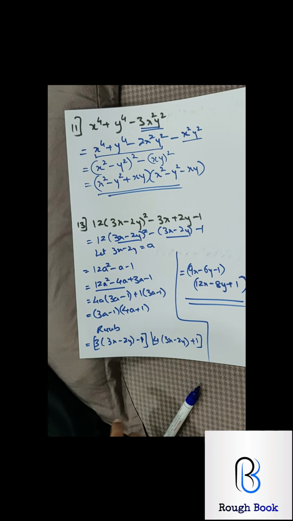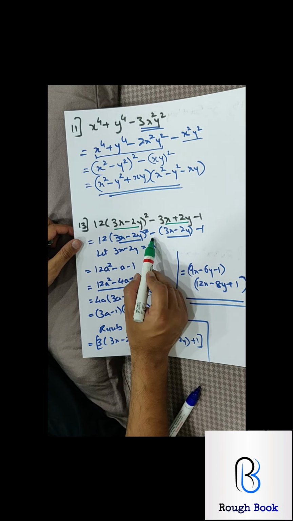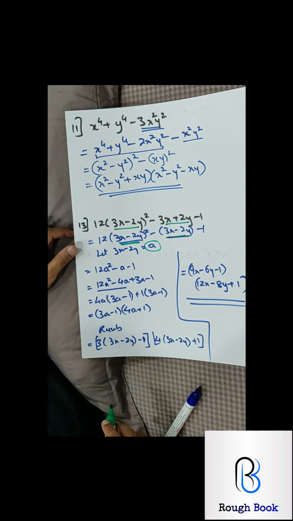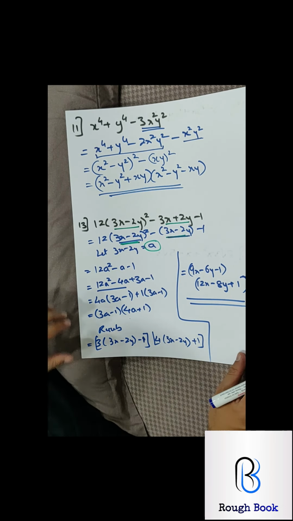So the main thing that we need to remember is that this and this should be same. If it is not same, pull out the minus sign, make it same. Now that they are same, I can consider as x, and then further you can go ahead in order to get the answer of the final part.